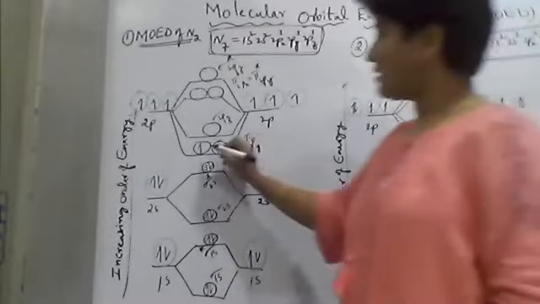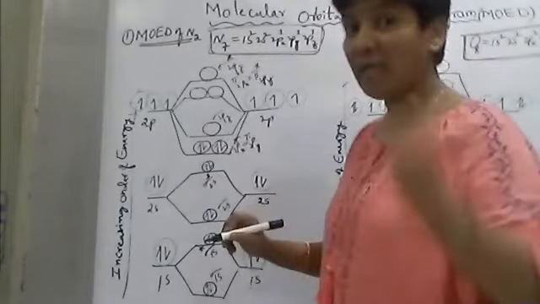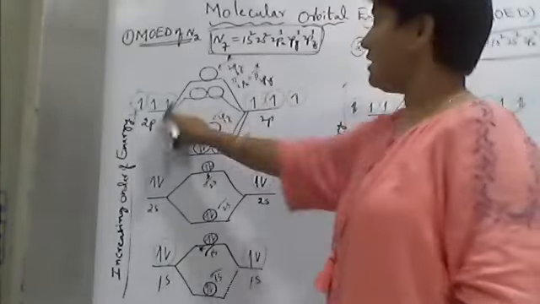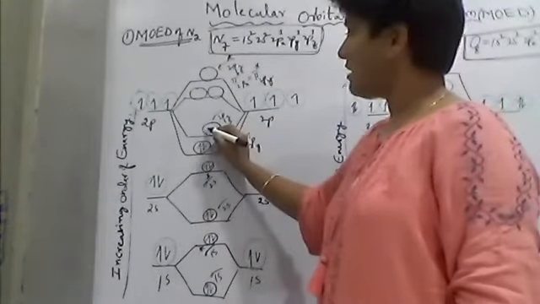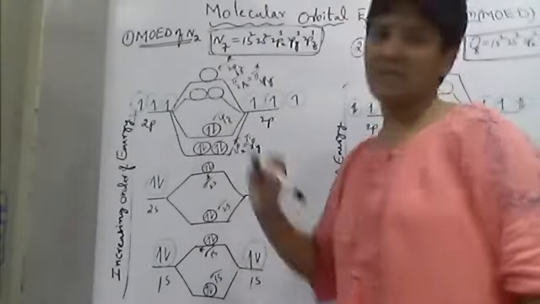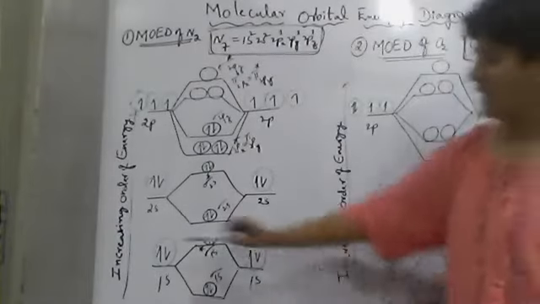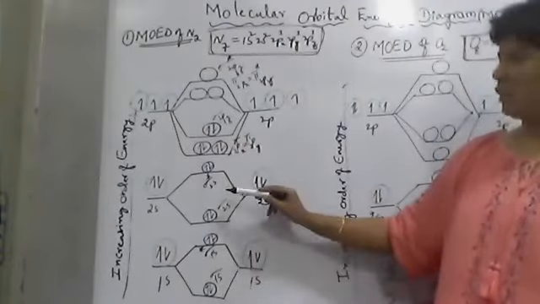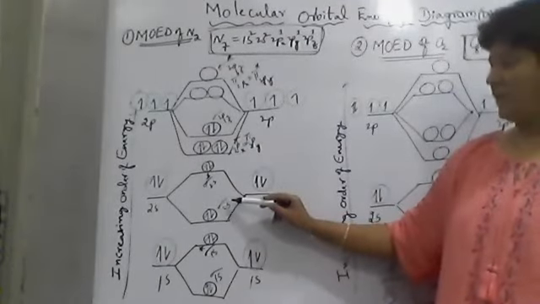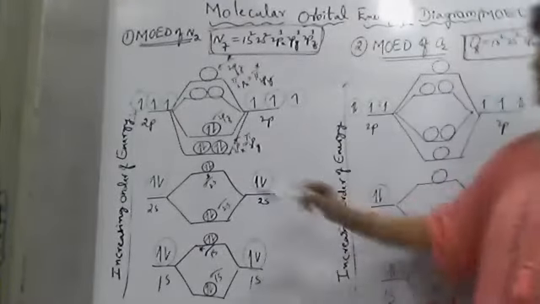4 electrons left. Then this third electron, spin paired. Fourth electron, spin paired. Then how many electrons are left? 2 more, because 3 plus 3 is 6, and out of the 6, 4 are filled here. Next is the fifth electron, sixth electron. So this is the molecular orbital energy diagram of N2. Here you can see the increasing order of energies. 1s orbitals low energy, 2s orbitals higher than 1s. Next, 2p is higher than 2s. So it is increasing order.